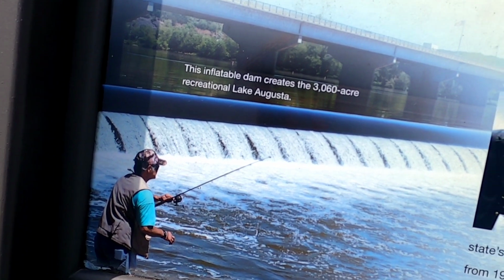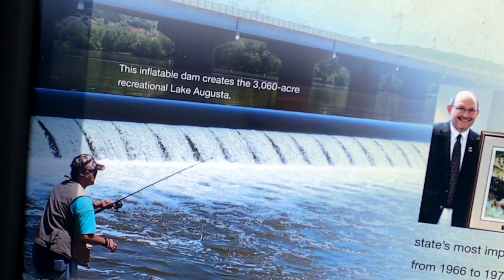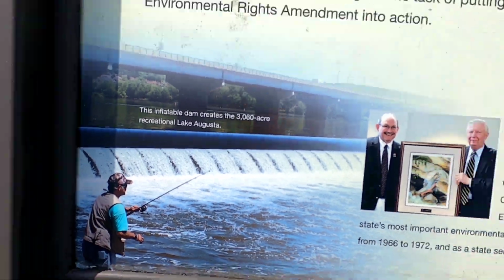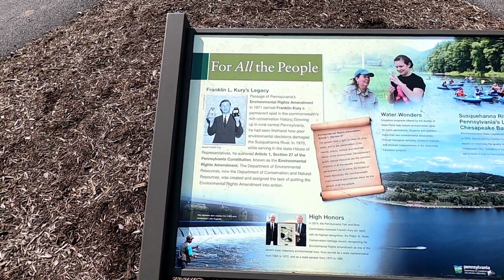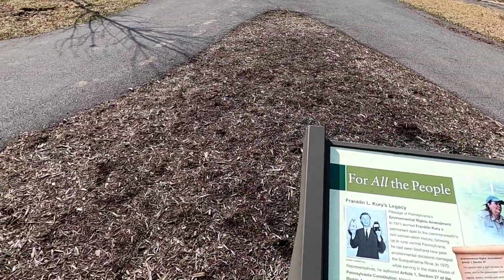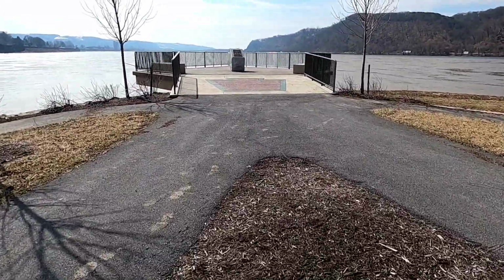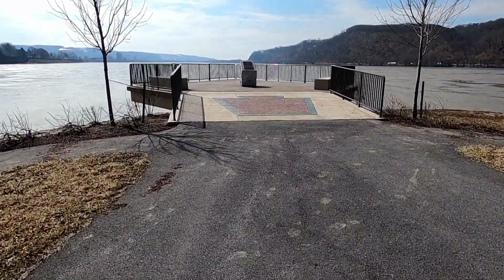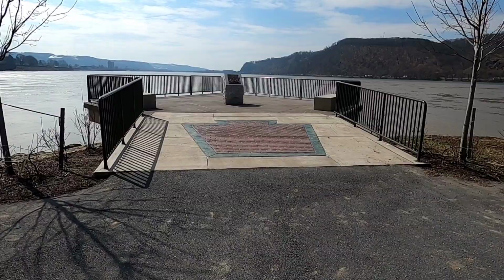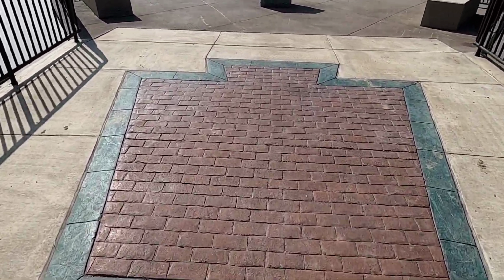So here's a picture of the 2,100 foot dam that creates 3,000-acre Lake Augusta. This is on a board dedicated to Franklin Curie. He was an environmentalist and helped do a lot to save and protect the river. And this is Curie Point here. Got a nice brick keystone